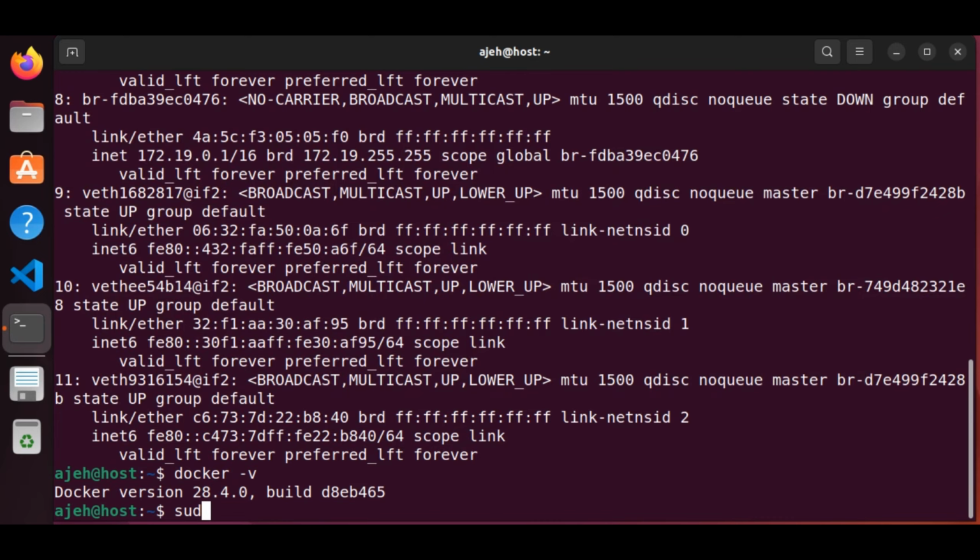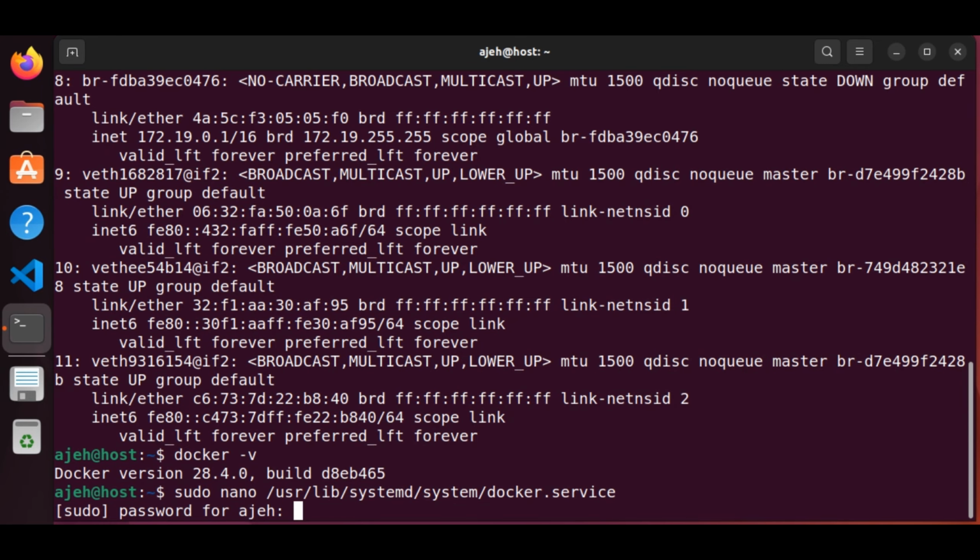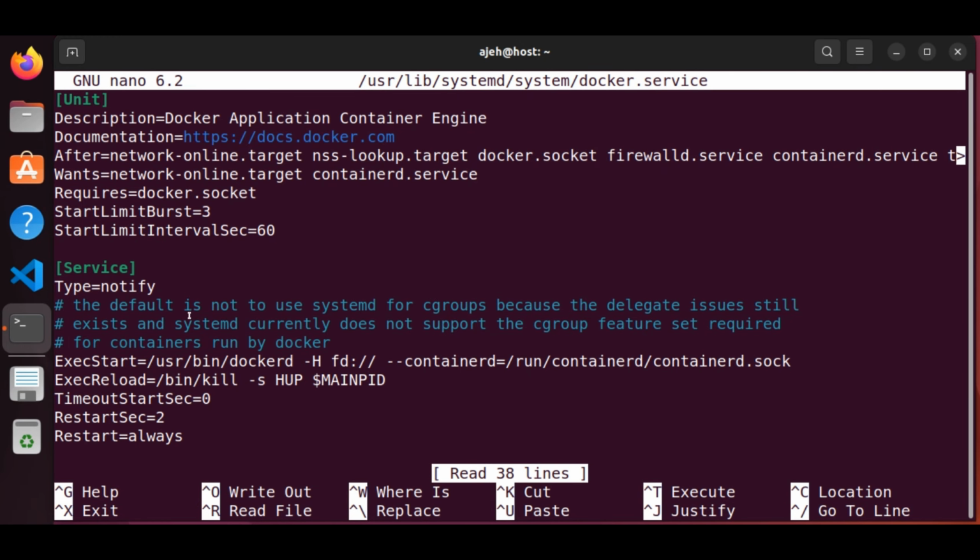So I will do a sudo nano /usr/lib/systemd/system/docker.service. Okay, and so we have our Docker daemon service file. And for this, I will go to ExecStart, and I will configure it to use a TCP port just by adding the -H and then